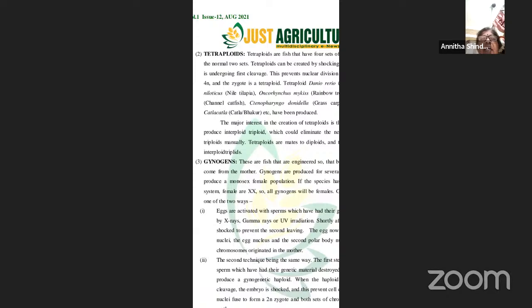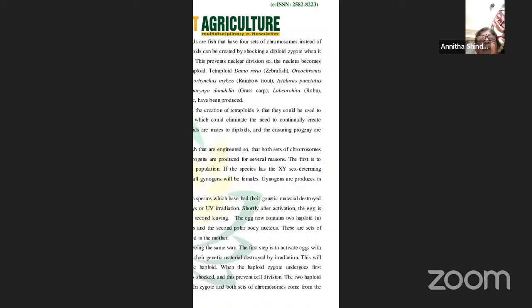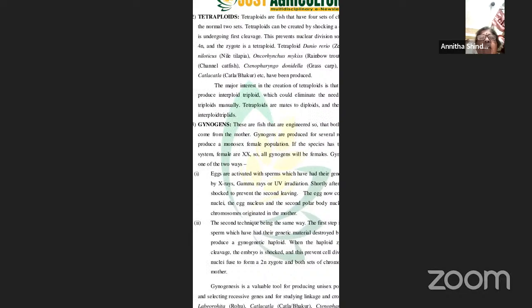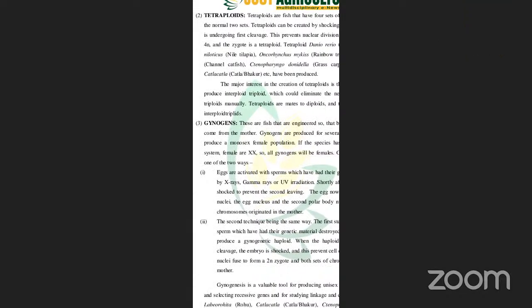The creation of tetraploids is done so that they can be used to produce inter-ploid triploids, which eliminates the need to continually create the triploids manually. So tetraploids are mated to diploids, and the ensuing progeny are